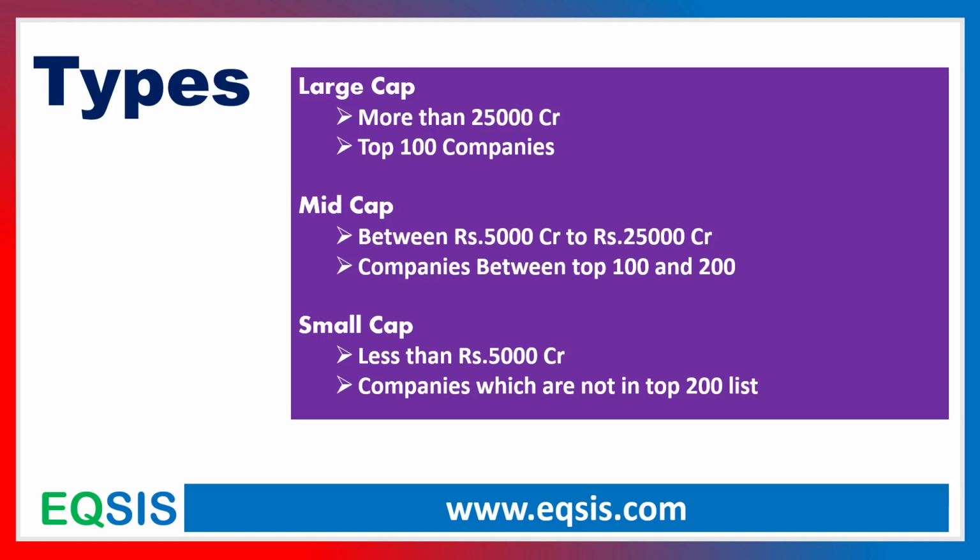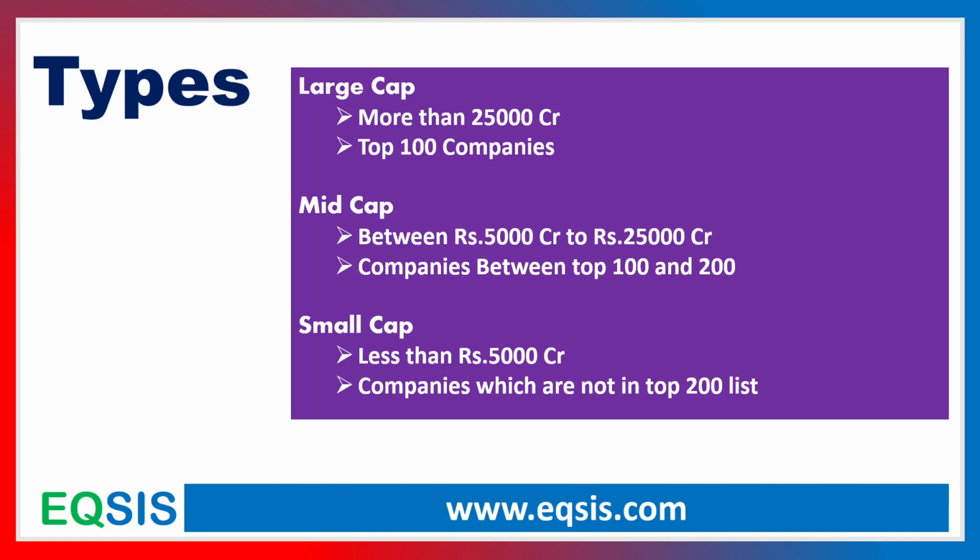There is no benchmark. See, about 10 years before, the number one company had a valuation of 3 lakh crores. But today, the number one company has a valuation of 18 lakh crores. So, of course, as time changes, the benchmark for large cap, mid cap, and small cap does change. In India, the large cap companies may be anything above 20,000 crores, but in the US now, it's more than $6 billion. That's a convention they are using. So it can actually be different.